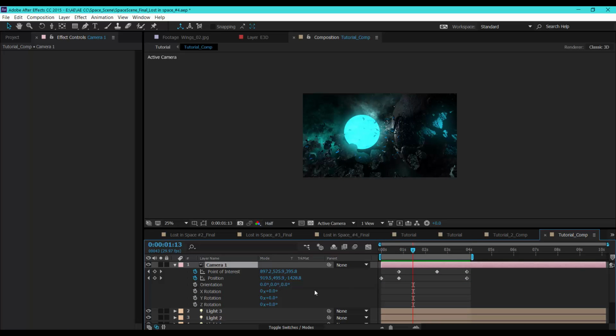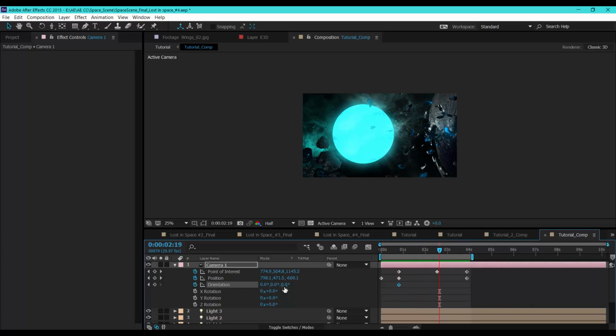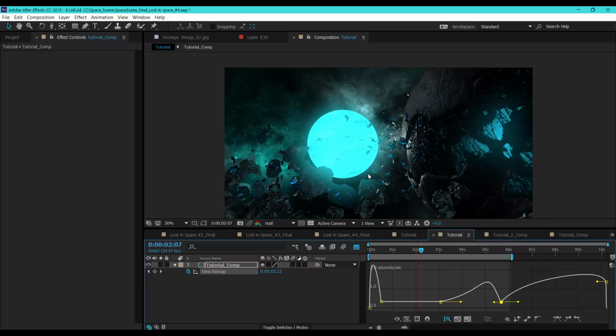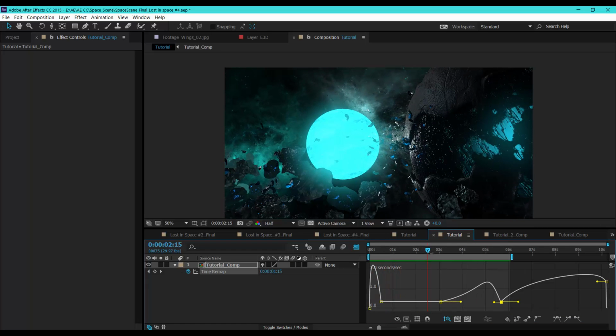So let's create a keyframe here and let's rotate this. And let's move this keyframe here. Let's go back to the comp and playback. Okay guys, so maybe we can rotate the camera more.